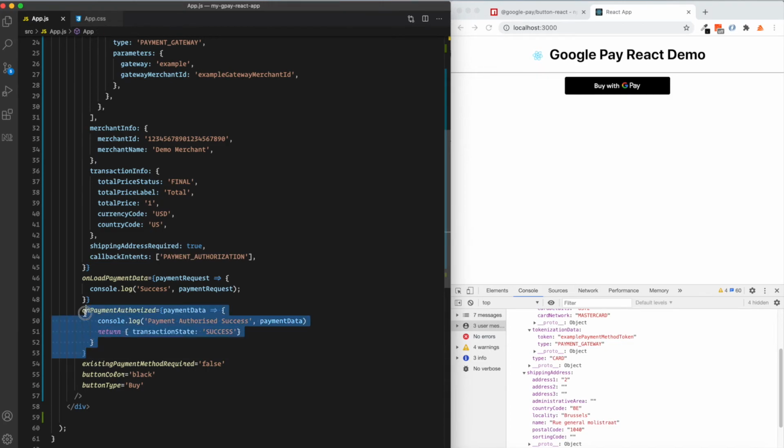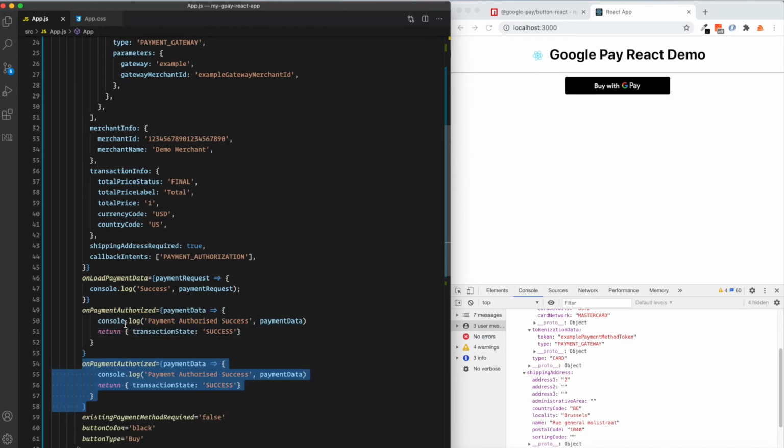So let me quickly duplicate this, and we will say this is our onPaymentDataChanged basically, and then we will say onPaymentDataChanged, right? And we can just remove this.